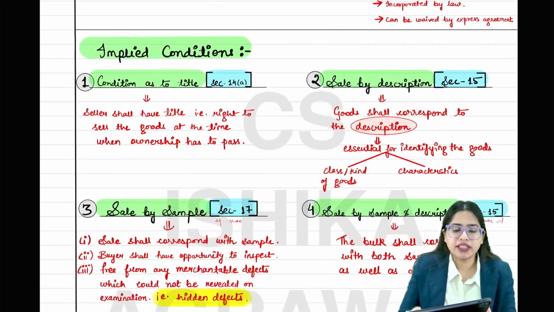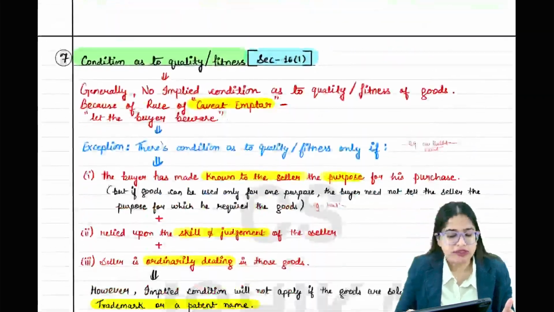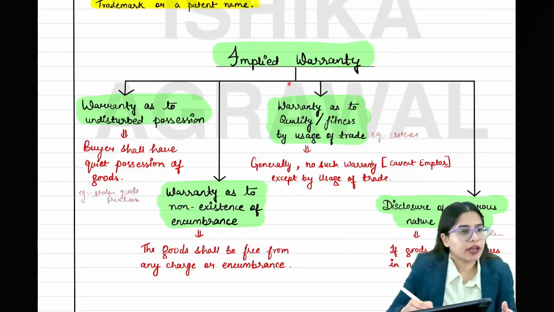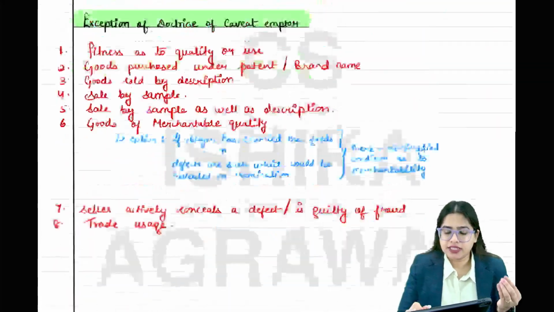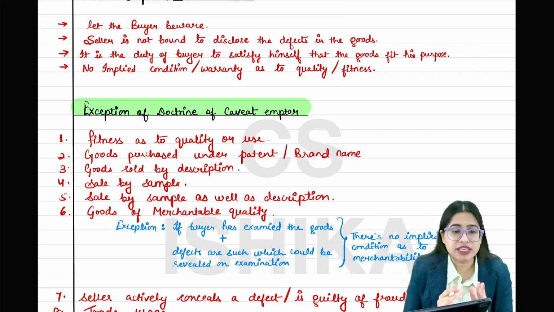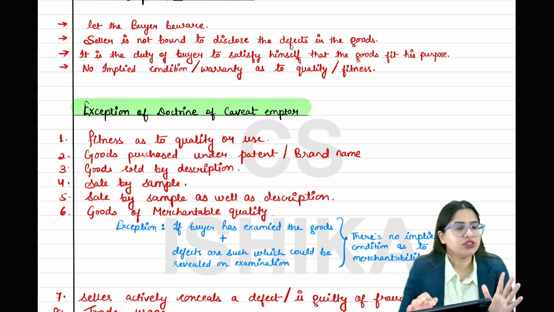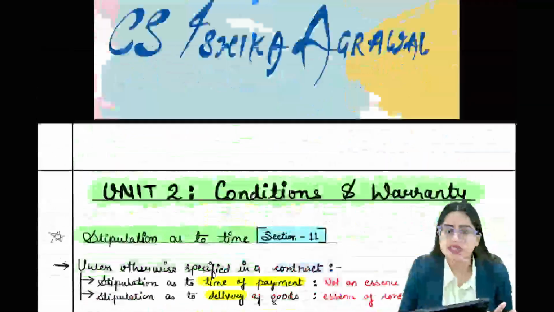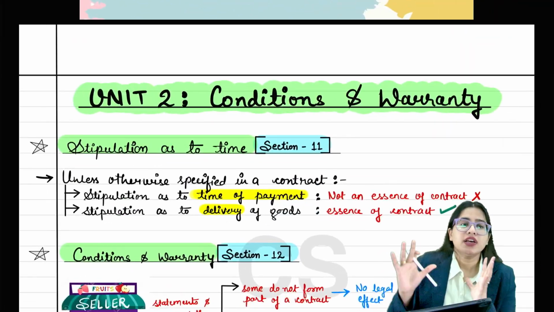After that, there are some implied conditions which are given in sections 14, 15, 16 and 17. And there are some implied warranties given, that's it. And there is a concept of caveat emptor, that's it. And that's the end of the lesson. Only this many topics are there. So basically, if you see, majorly there are three concepts: conditions, warranties and caveat emptor. Three concepts are there in this particular unit, and the whole unit is summarized in the